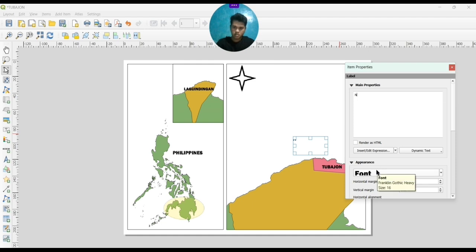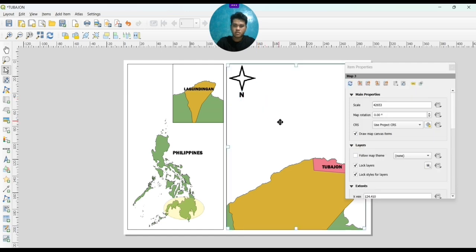So in that manner, just adjust the font size. And when I think that's the right one, then again I just put it. So once I put it, for me that's already okay.